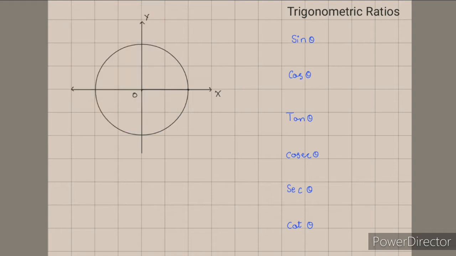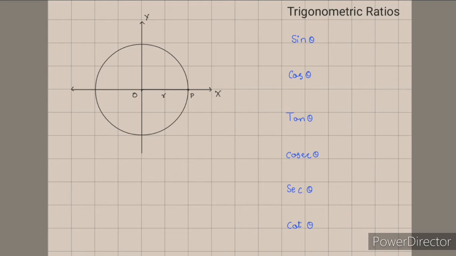Now consider a circle whose center is the origin O, where this line is the x-axis and this is the y-axis. So this is a circle with some radius r. Now take any point on the circle. Let's say this is point P, which is on the circle and on the x-axis. Now this line segment OP makes 0 degrees with the x-axis, because it coincides with the x-axis.